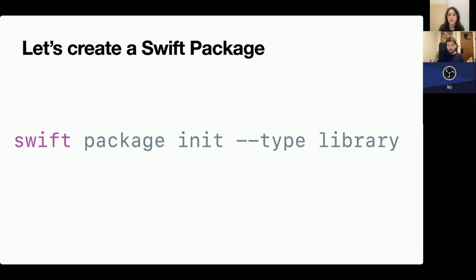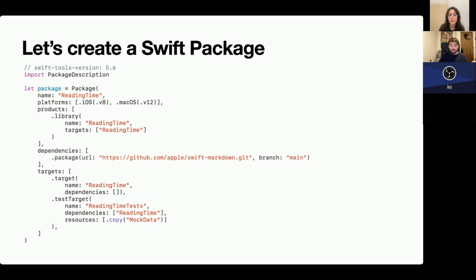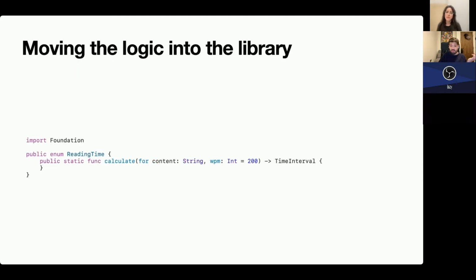So once you do this, you're gonna end up with something like this, which is a package.swift file. It's got two targets. Basically, the target is a library, and it's got a product that is also a library called reading time. So as I said earlier, I wanted to import some dependencies. So now I can do that. So I can bring in the Swift Markdown dependency. I can make it a dependency on reading time on the target. And that's it. That's all I need to do to set up my project.